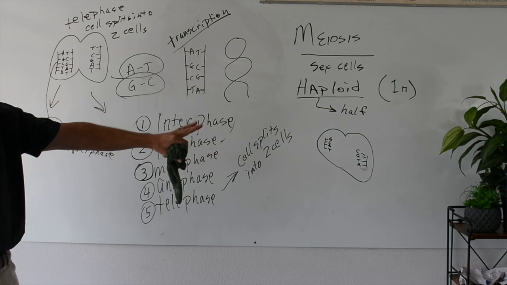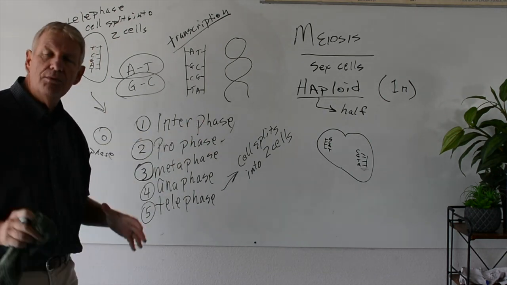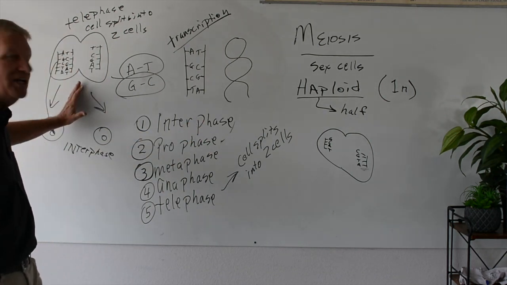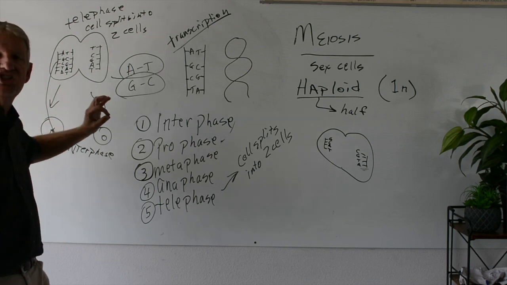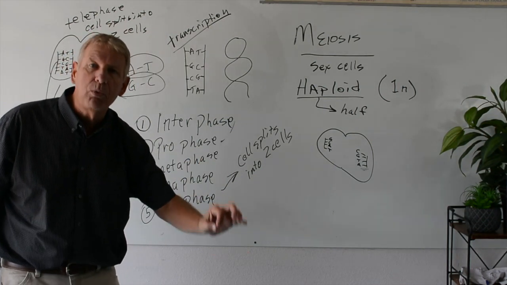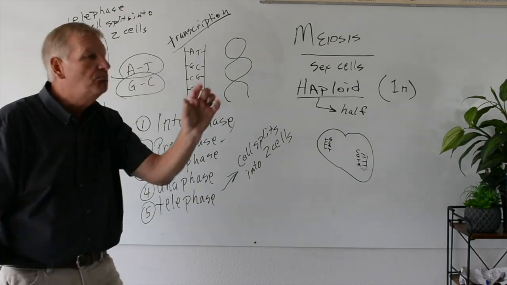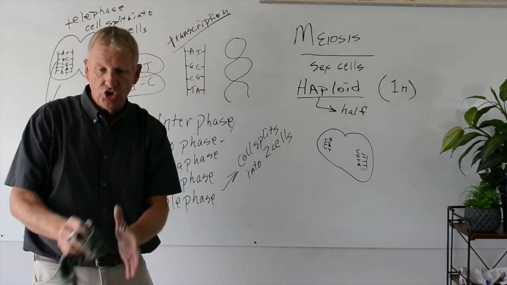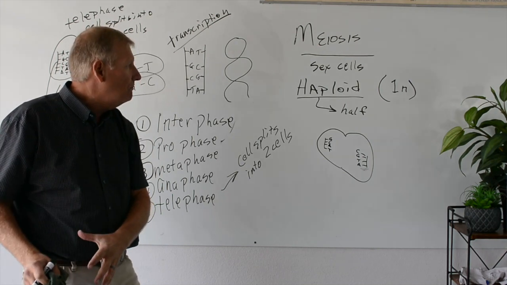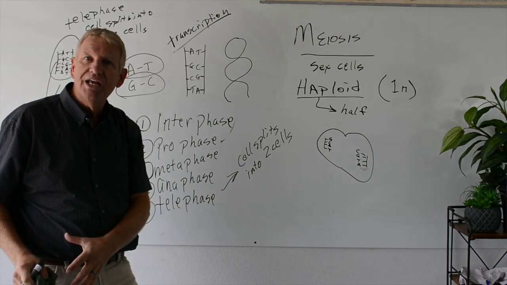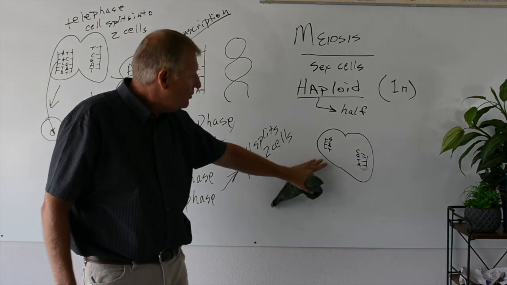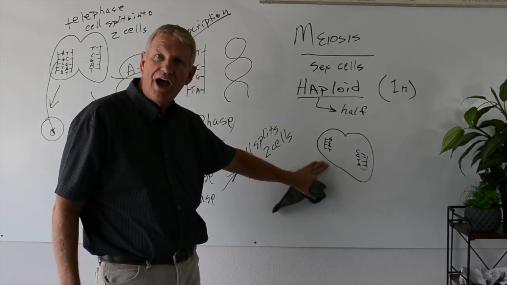So we have this cell dividing here. Well, what do we do in mitosis? We replace the other half of the DNA. It's 2N. It's diploid. It's twice. It's the full amount of DNA. It's both sides of the double helix. 2N, diploid. But in meiosis, it's 1N. So we don't replace the other half of this.